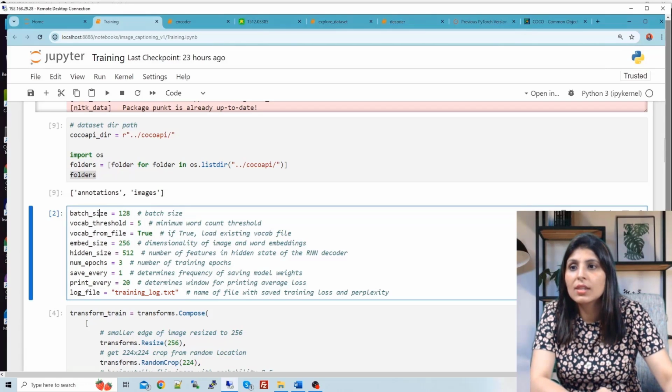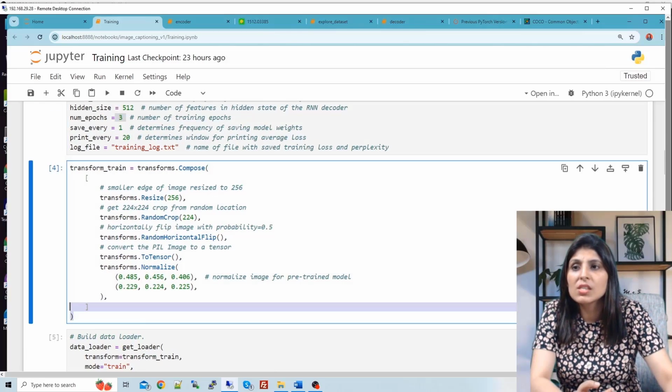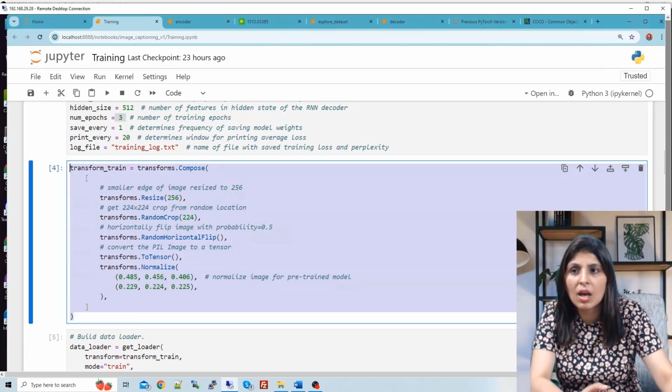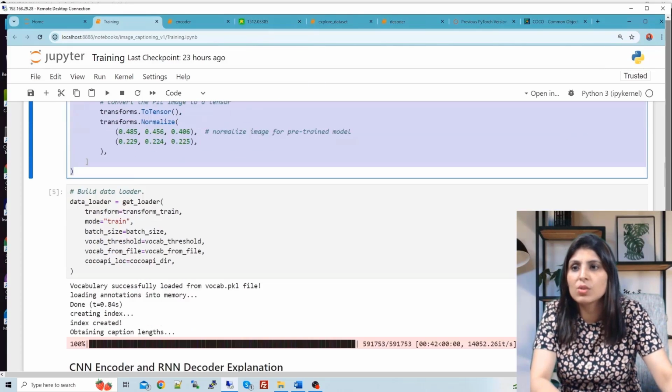I will train my model for only 3 epochs. You can increase this number and see what kind of output you get. I'm getting decent output with these 3 epochs, so I worked with that only. These are the transformations we have used. I have explained this, and why I chose these values, that we are following this paper, and as per that paper they have used these particular values, so we have used that.